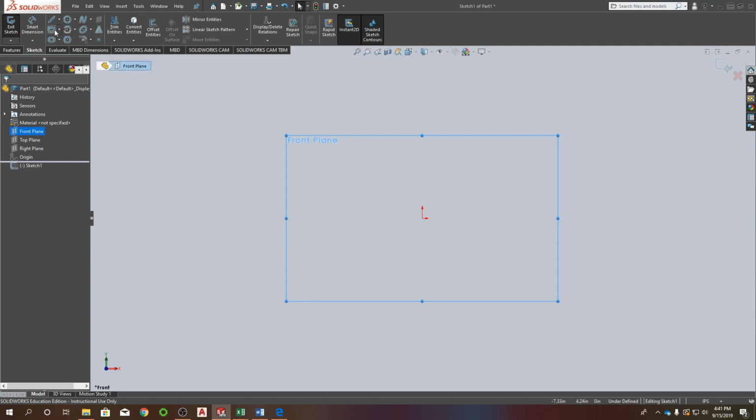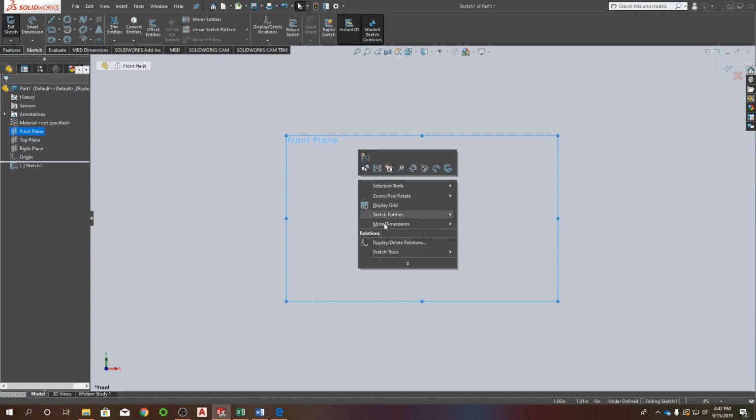Up here are all your tools for sketching. You also have an option to do mouse gestures. What I just did there was I held down the right mouse button and I'm just slightly moving the mouse. It doesn't take much to get to each one of these buttons, so like I said, it's a very slight movement. If you want to use this, I have mine set current. Also, you can right click. There's a lot of the